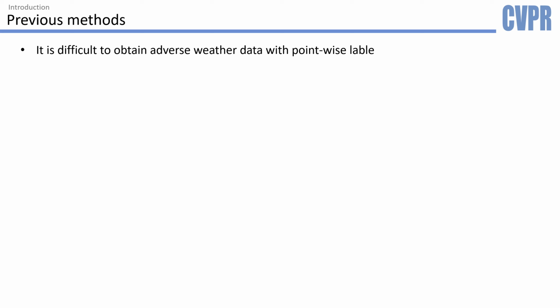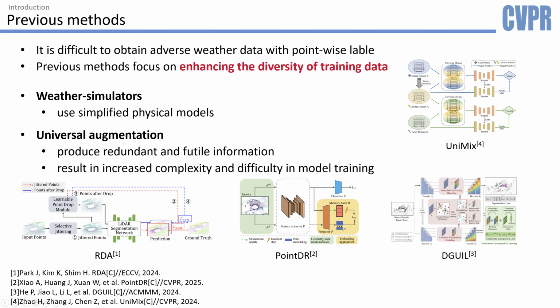The intuitive solution is to collect more real-world severe weather data. But in reality, it's very difficult. Collecting diverse, high-quality adverse weather data and performing point-wise annotation on these data is time-consuming and expensive. Previous works tried using weather simulators with physical models to simulate severe weather data, but these physical models cannot fully